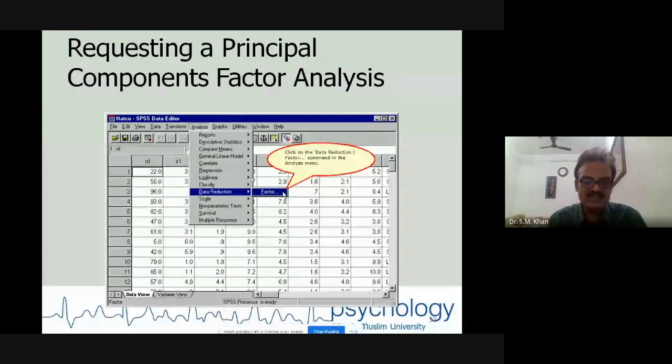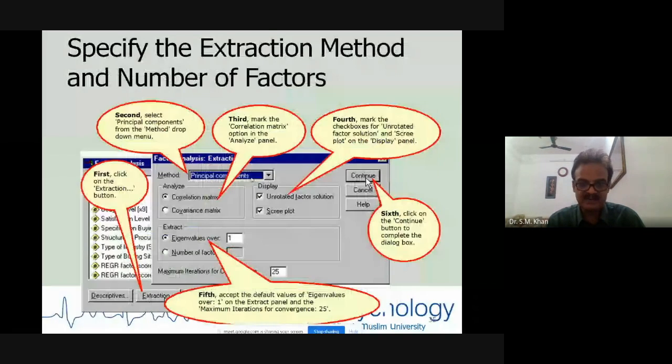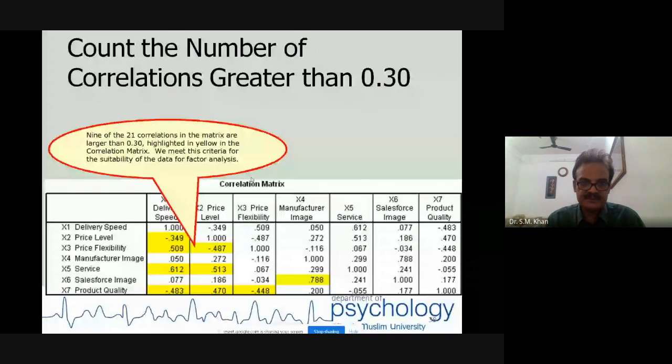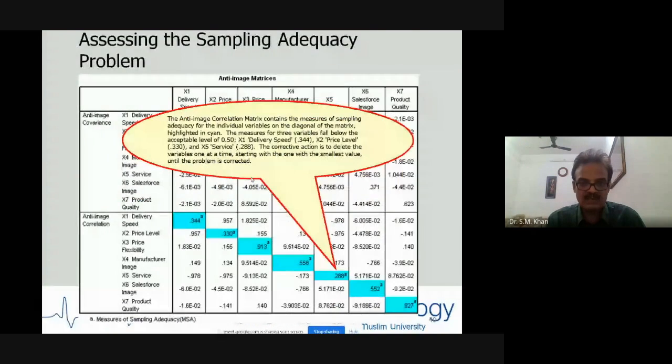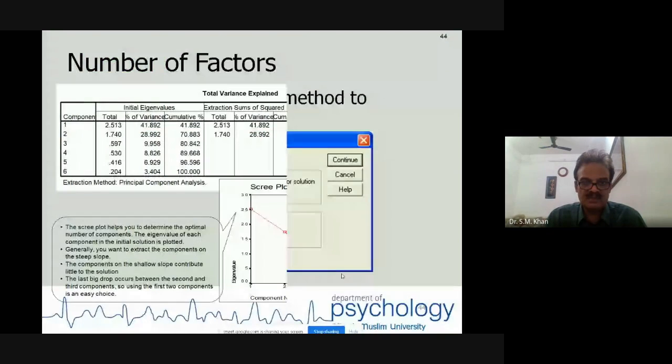So going through this slide, you will be able to do factor analysis, different options, what is meant by why to select, why to mark different options, and after going through the correlation matrix, then you can examine the multicollinearity also. Then what is meant by KMO and how to treat this, how to work anti-image correlation matrix to examine the multicollinearity, and different options and different output.